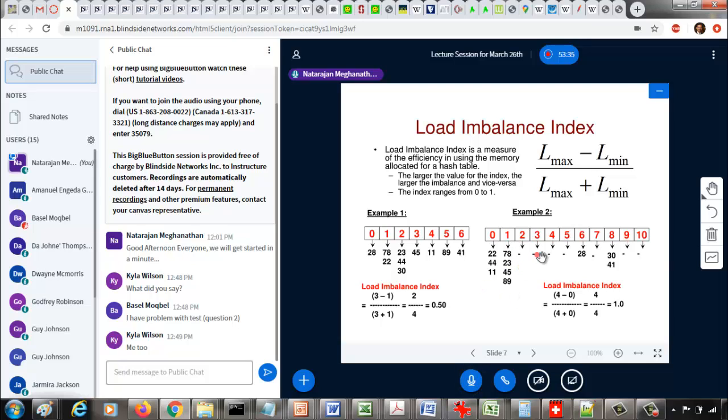So now in this case, this is our previous hash table of size 7. This is the distribution of the elements. You see here there are a lot of empty linked lists, which means some linked lists are not being used. So that's the wastage of memory. Okay, so what we are going to find is how evenly the elements are distributed, and this load imbalance index